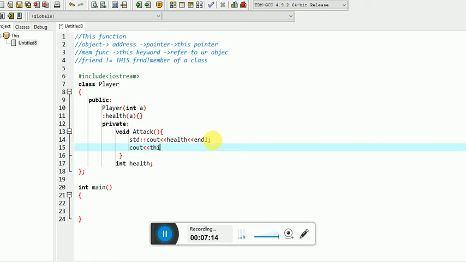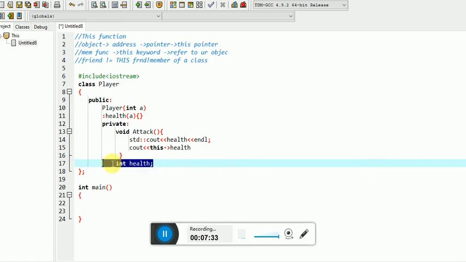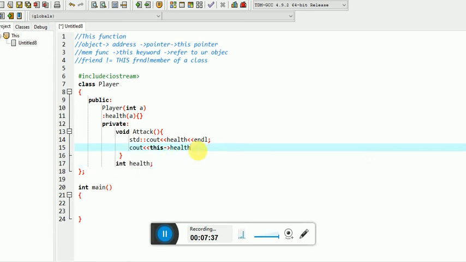Again we will be printing something, that is this health. We will be referring to an object and pointing to our data member, whatever you have initialized over here, by using that object. So we will be using the private data over here.